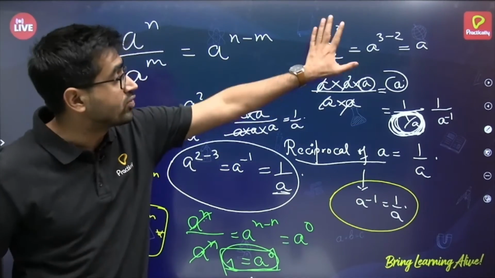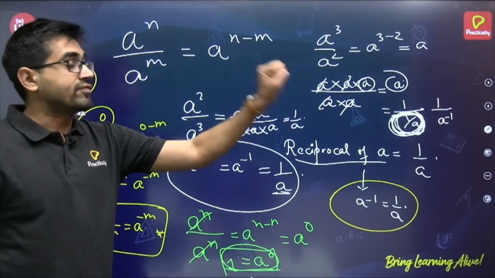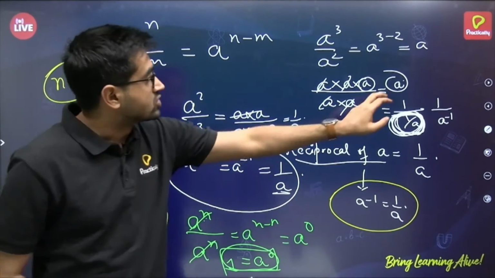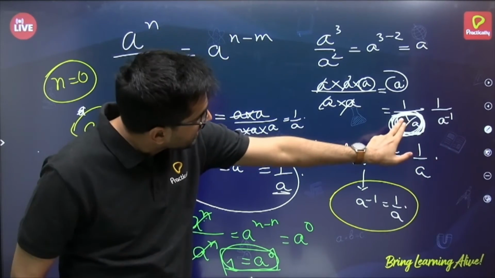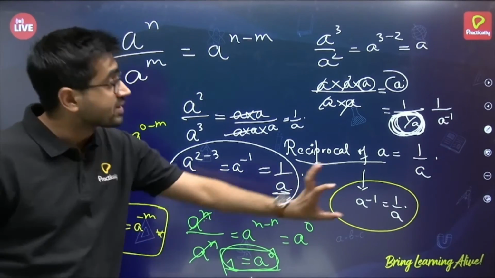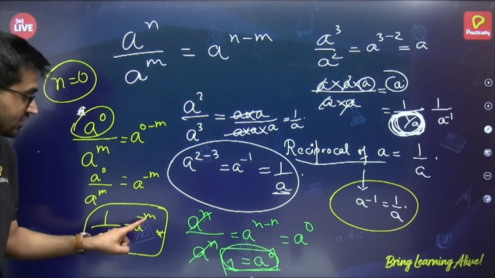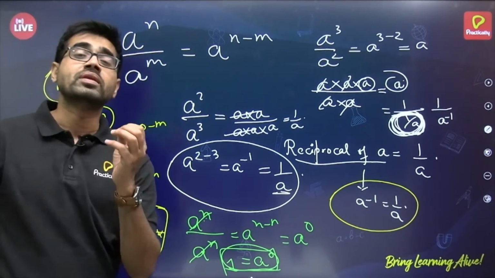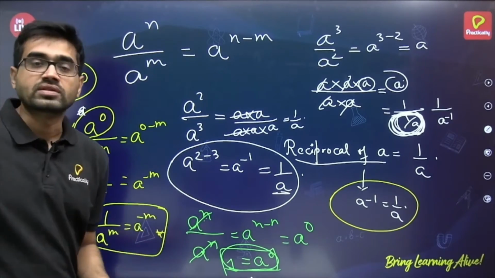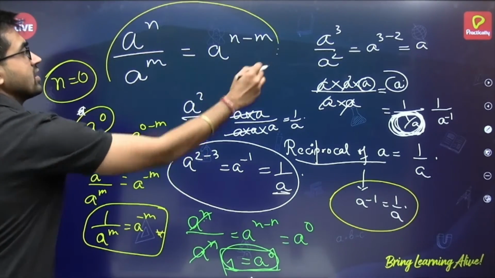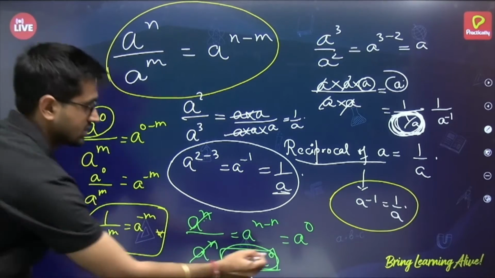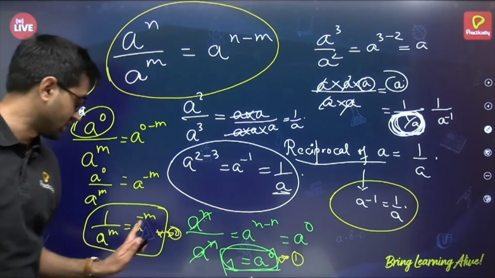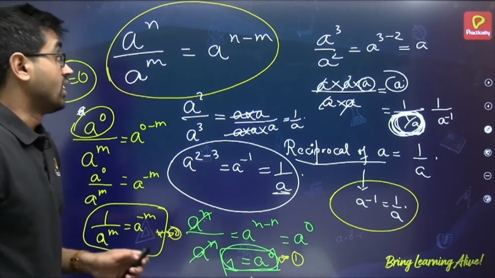This is what I am going to make you understand. If I am writing a negative power, in my mind, I am just reciprocaling that term. So if I am writing A to the power minus 1, I just mean 1 by A only. Every time I am writing a negative power, I am reciprocaling it, and the power will become positive. And A to the power 0 was the most confusing thing. If you remember this, you can arrive at this, and this is a subsidiary of this only with m. Okay, I hope this is clear.